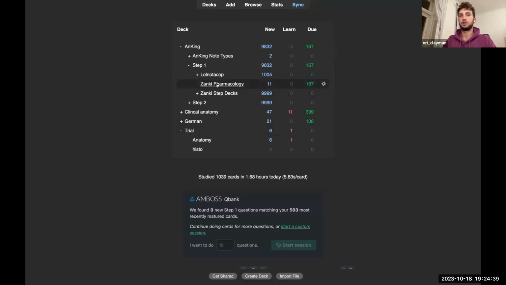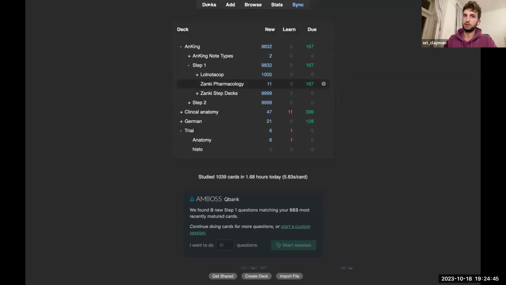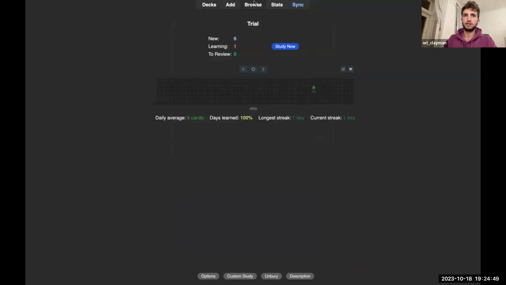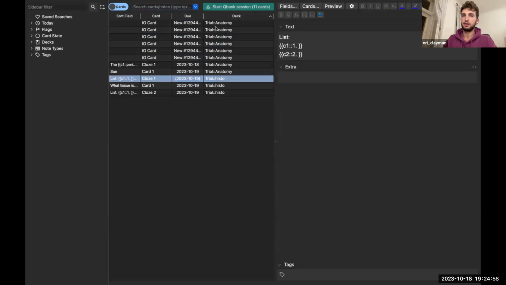The way that you actually unlock these decks, you'll notice that there aren't any subdecks. You have to go into Browse. Now, Browse is another tool that we're going to have to go through. When you go into Browse, it actually just opens up all the cards which are located in the specific deck that you pressed on. So this is the trial anatomy. You'll see that these are the cards that we made throughout the entire